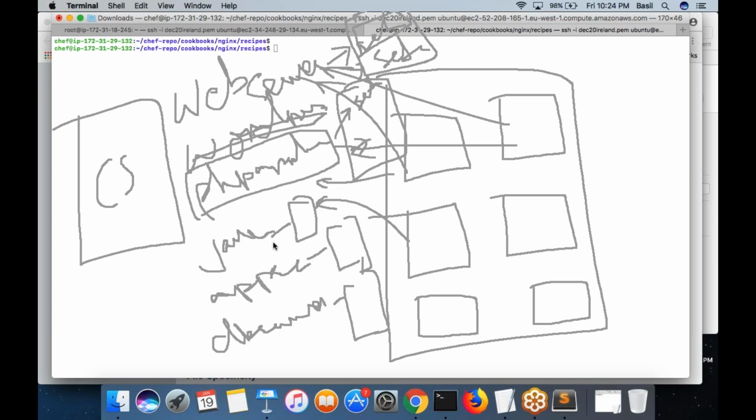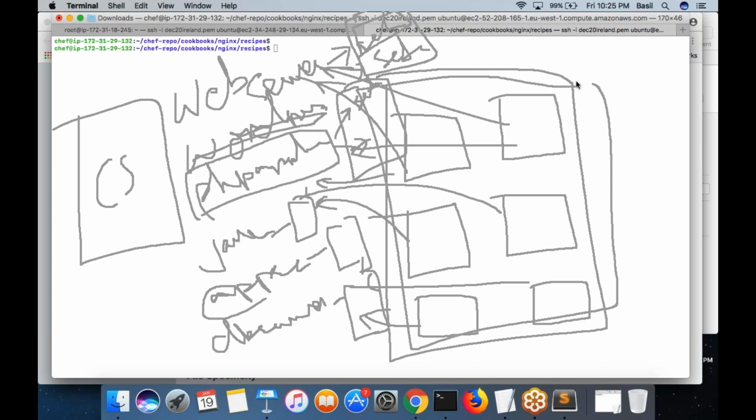Basically, Java application deals with deploying your WAR file into Tomcat. This one deal with installing and setting up Tomcat. So like that, create individual roles and create run list for them. Add your respective machine to the respective roles. Right? I don't even want you to log into each of these machines. Instead, what I want you to do is